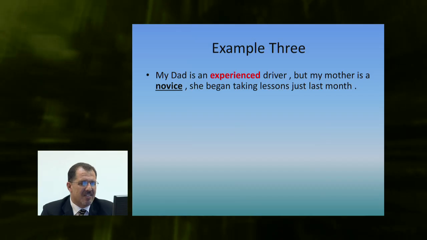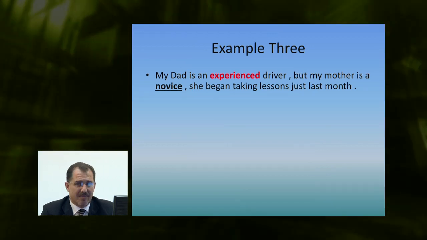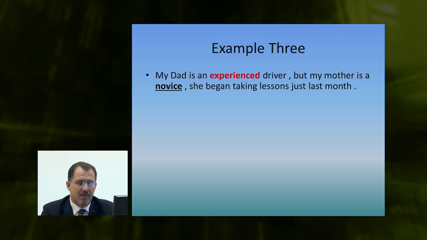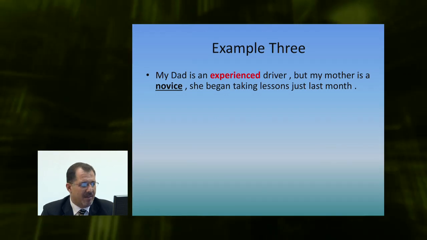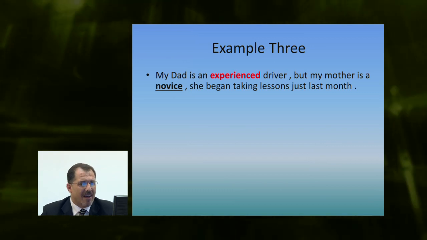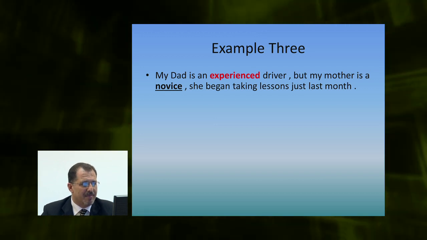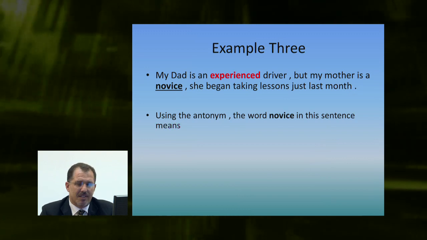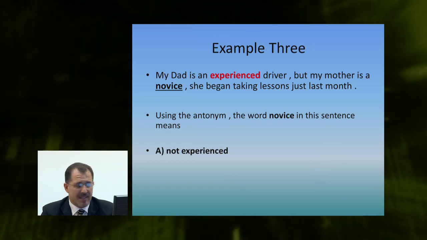My dad is an experienced driver, but my mother is a novice. She began taking lessons just last month. The targeted word you are going to guess is novice. And we have a word that helps us. It's experienced. It is an antonym, by the way. My dad is an experienced driver, but my mother is a novice. We have here also but. So we are going to have a different idea, different theme. Okay, using the antonym, the word novice in this sentence means not experienced,